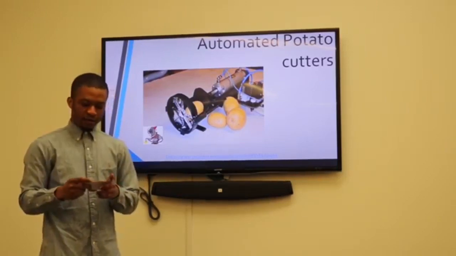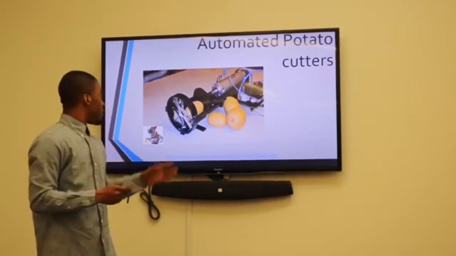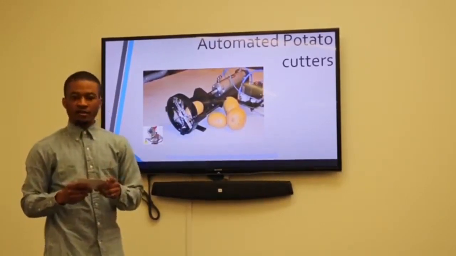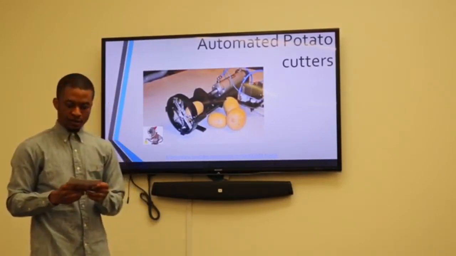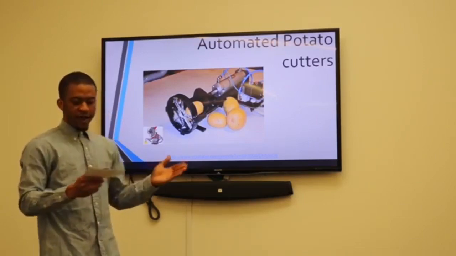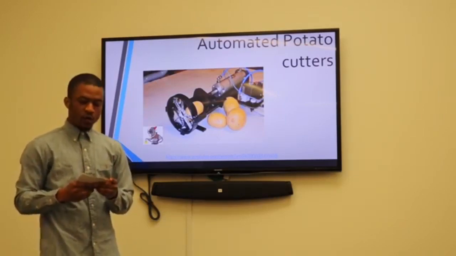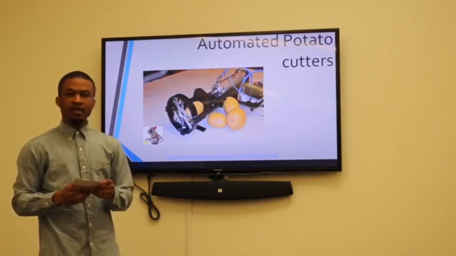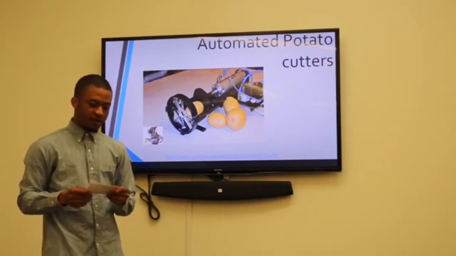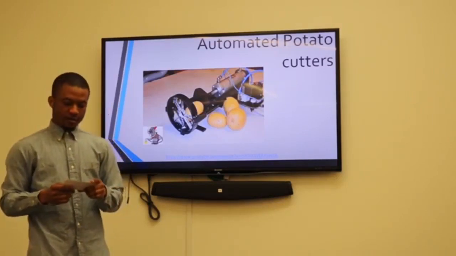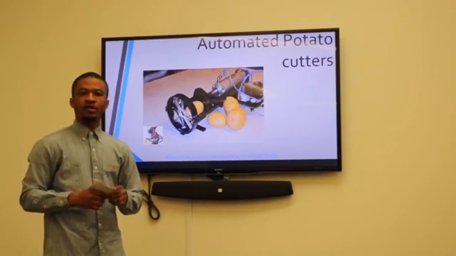This is an example of an automated potato cutter, very similar in design to what we have. It essentially uses pneumatics to extend and retract the cylinder, which pushes the potato against the blade to cut it. There are several factors involved, such as how much force is required and what cylinder size should be used. These factors will be elaborated upon in the calculation section of this presentation. Next, we would like to show a brief video which will demonstrate how our design will function.